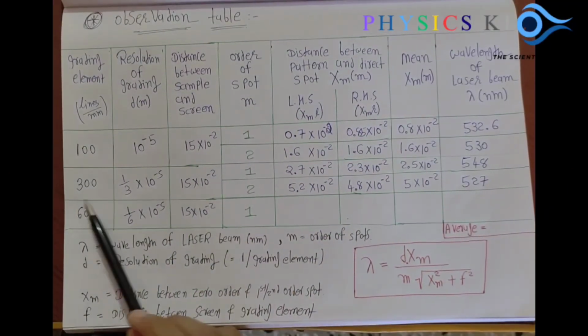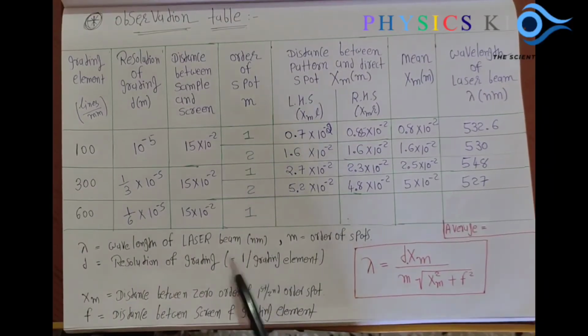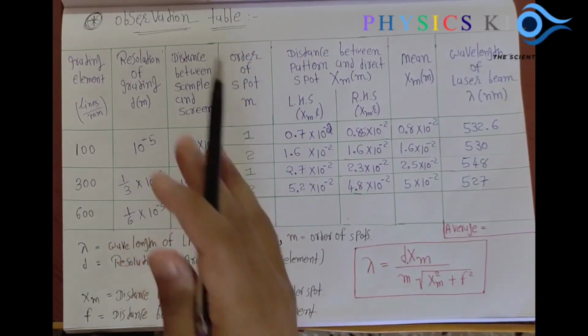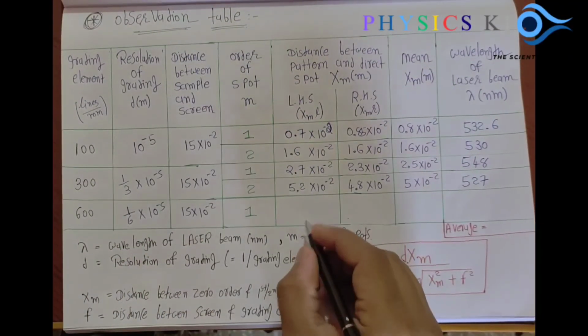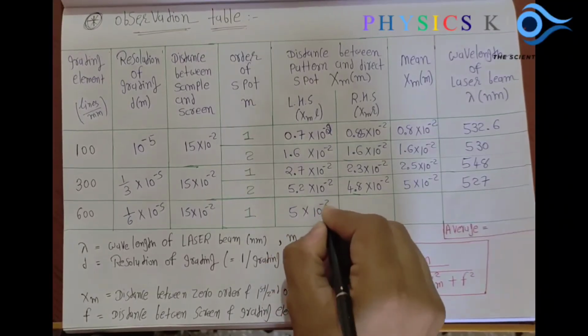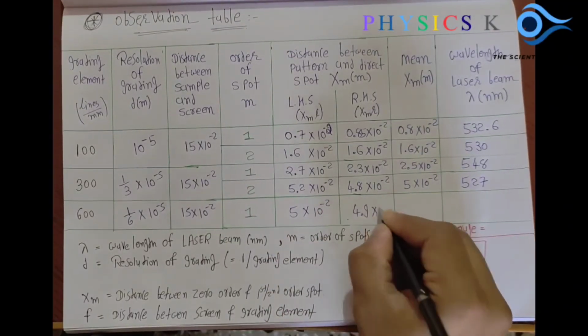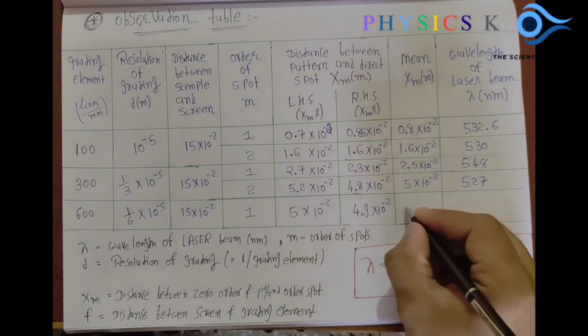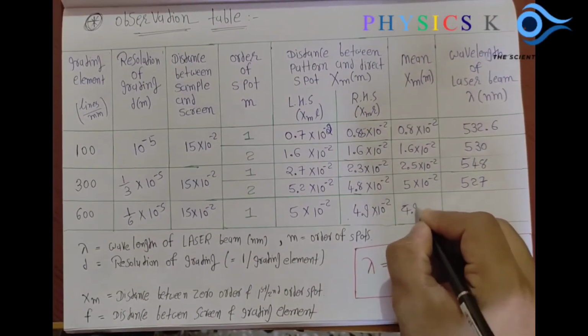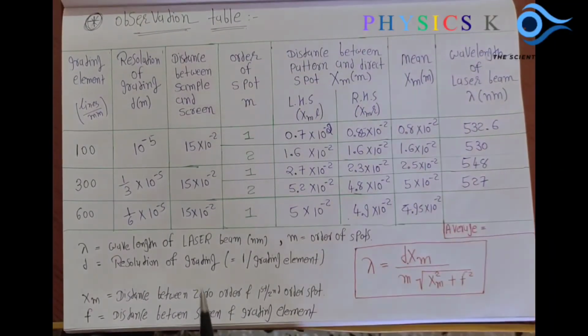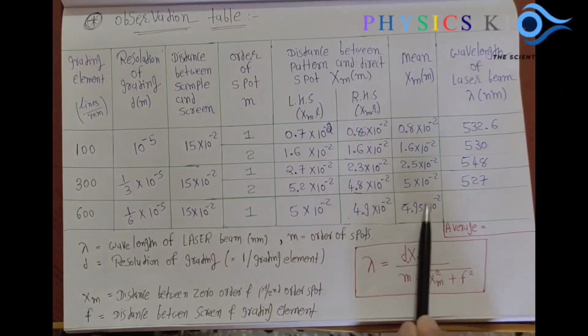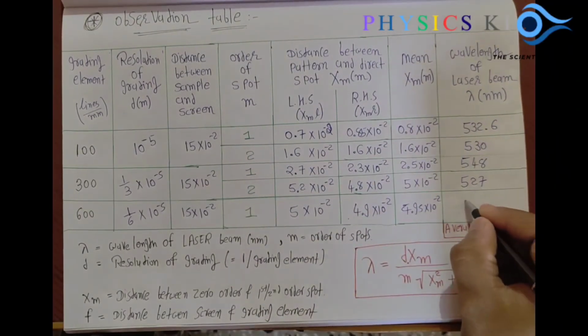So I am measuring and noting the value: the distance in left hand side spot is 5 × 10^-2, and the second one is 4.9, take an average 4.95 × 10^-2, and if I substitute all the values in the formula, I got